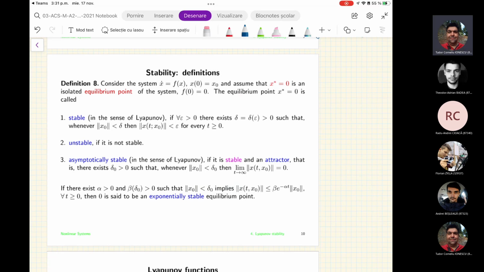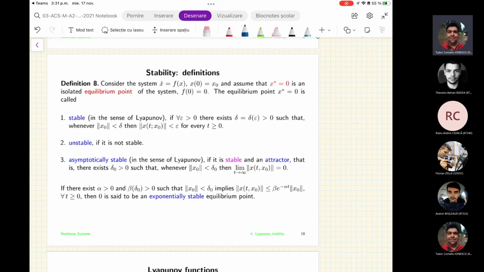The equilibrium point x star equal to 0 is called stable in the sense of Lyapunov if for any positive epsilon there exists a constant delta, depending continuously on epsilon, also positive, such that whenever